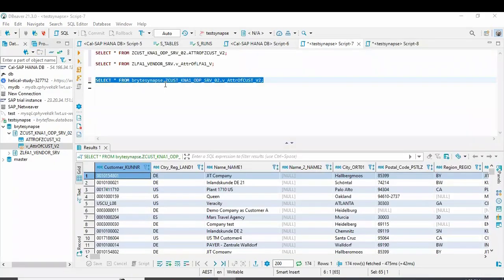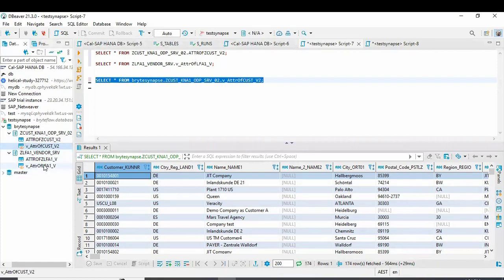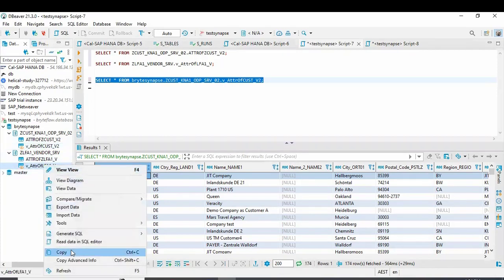We select from the view and see the same data but with the meaningful name, like store underscore KUNNR, where KUNNR is the technical name, and then the same with all the columns. So this is a more meaningful representation of the SAP table in the form of a view. And the same goes on for all the objects. You can see here there's a view corresponding to each table